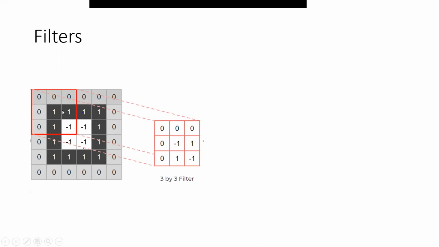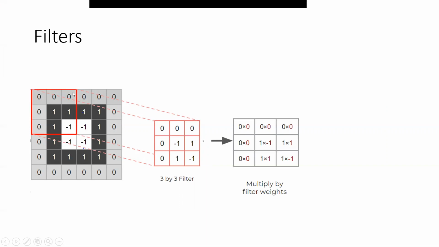So this is my input. This is 4 by 4, and then I did the padding to extract the important features. The important features are at the edges, so that's why we have done the padding. After that, we decided the filter size of 3 by 3 and randomly initialized the weights. When it is multiplied with this portion of the input, each pixel value of the input would be multiplied with each value of the filter. So 0 multiplied by 0, this 0 by this 0, this 0 by this 0, this 1 multiplied by minus 1.